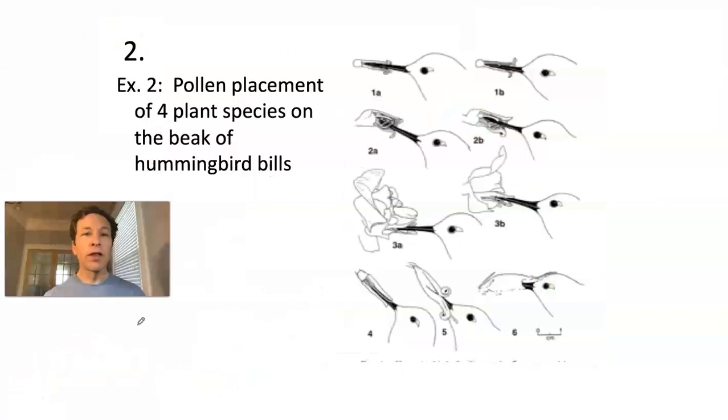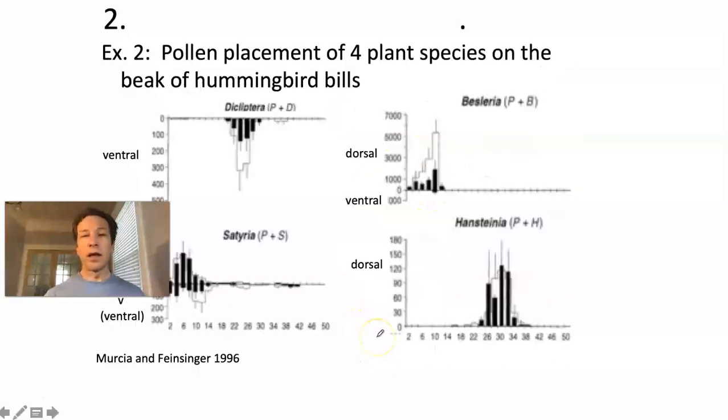I'm going to skip quickly through a second example of pollen placement from 4 different species on hummingbirds. The general idea is the same, which is that if different species have different shaped flowers, then they will put pollen on different parts of the hummingbird. And so we've got 4 different species shown here. And what we can see is that depending on the different plant species, pollen is distributed on different parts of the pollinator, either on the bottom of its beak or the top, and either near the tip of the beak, as in this example,